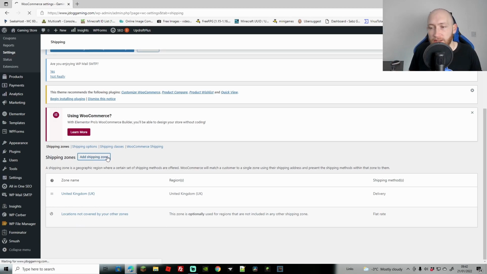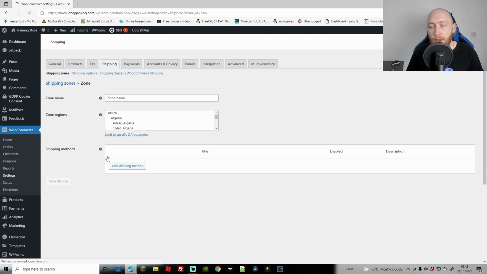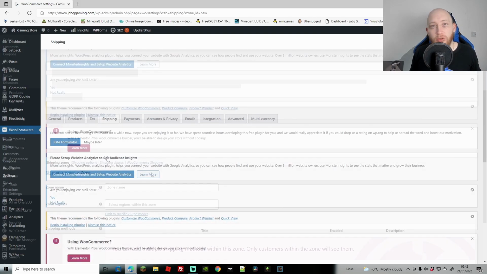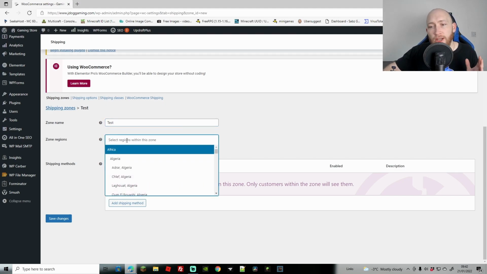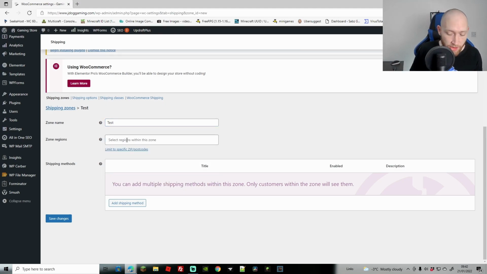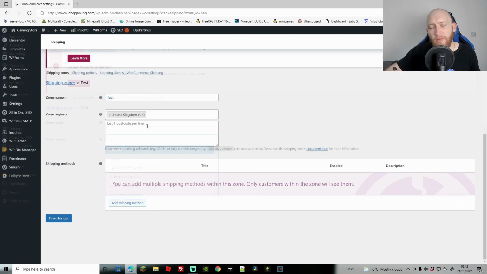So first things first, we want to add the shipping zone. So we're going to click on Add Shipping Zone, and this is going to be where we can add all the different adjustments to. If we scroll down a little bit here, we're going to call this a zone name, so I'm just going to call this test. Regions, you can go ahead and pick your regions. I'm just going to go with United Kingdom. Of course, if you've got other countries or all countries, you can change that accordingly. You can also add multiple countries into here as well. I'm just going to keep it for the UK for now, and I'm going to go to add shipping method